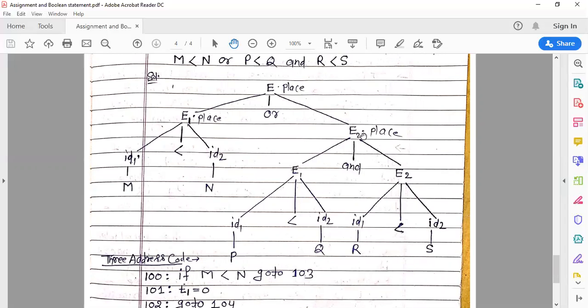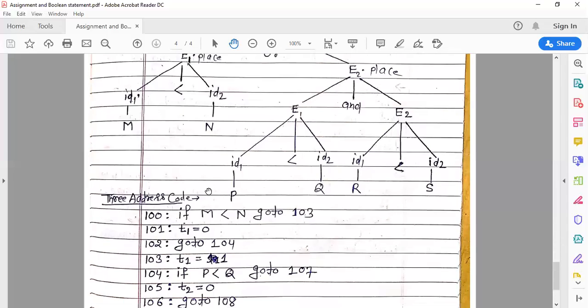In the parse tree the lower node has the highest priority and the upper node has the lowest priority. This is the lower node as compared to OR. So AND has the highest priority and OR has the lowest priority. So first we compute the AND, then we compute the OR.